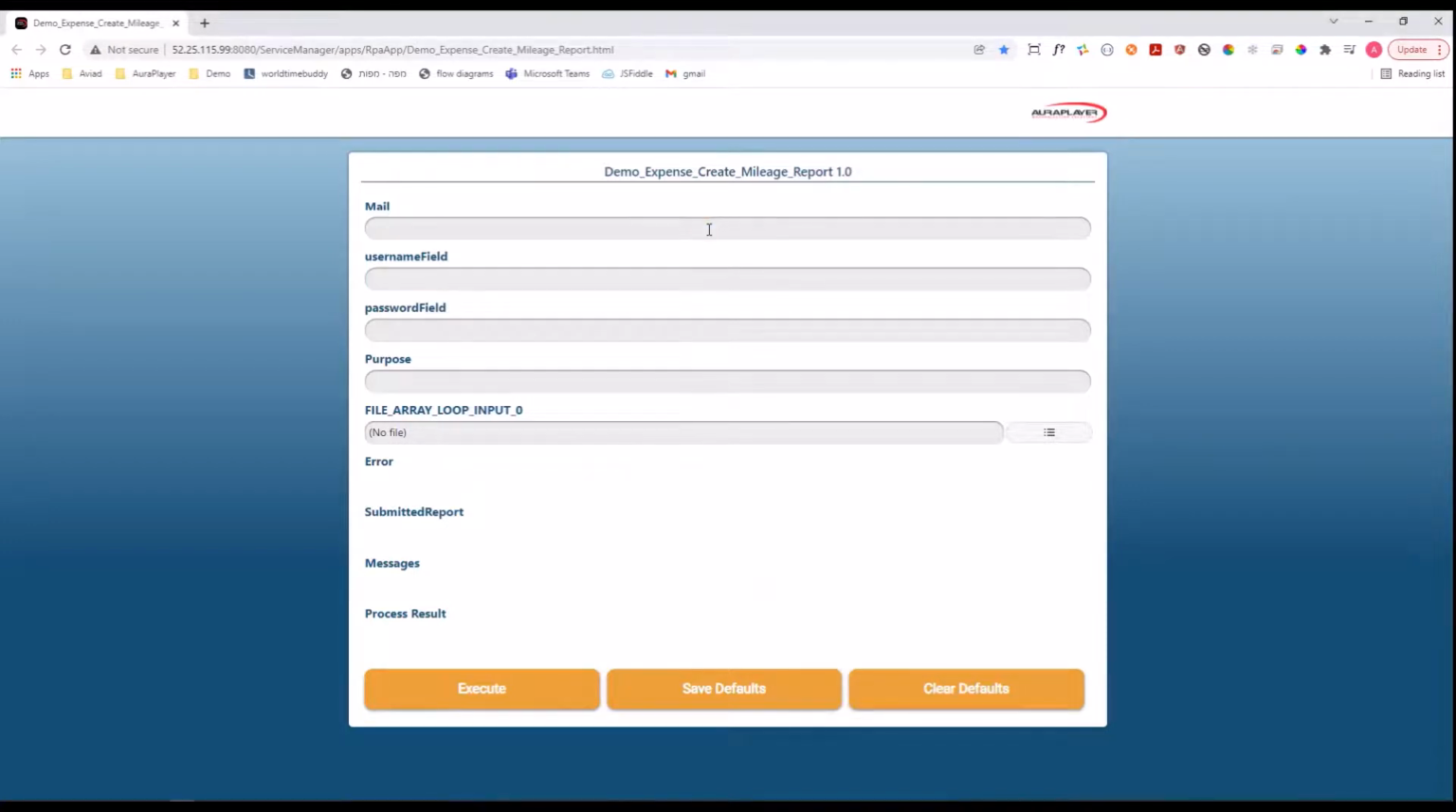So the first input parameter that I need to enter here is the email address to get the confirmation mail. So I'll just add here my own email. Then we need to put in our credentials to the EBS system. And now we need to add the purpose of this expense report. Let's just put here demo mileage